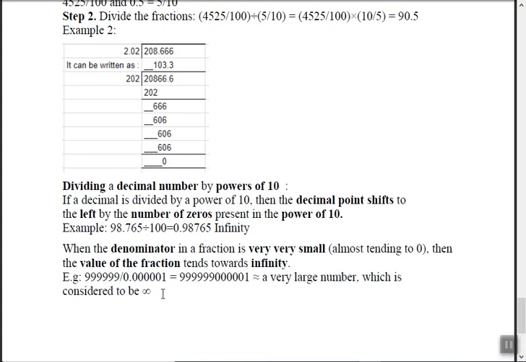Okay, now we give you a new term that's called infinity. Now what is infinity? See here, for example, 99999 6 times divided by 5 zeros and 1. So what is the answer? 99999 and 0001. Means this is a big number. Now this big number generally can be treated as infinity. Infinity means which cannot be counted. Okay, of course this can be counted, but this is just an example. It can be a huge number consisting of 100 digits over here and 100 zeros after the point. Okay, so that can be called as infinity. This is just to show you an example.